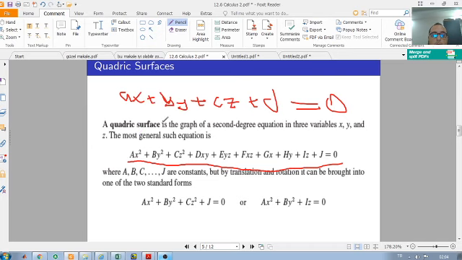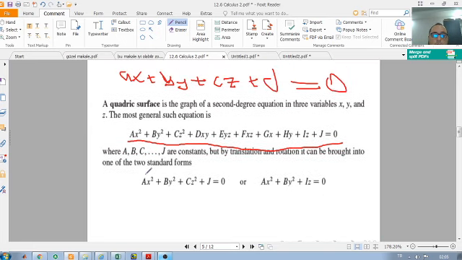Here you don't have any second degree of the variables like x squared, y squared, or z squared. Therefore, it is in the linear form, which means it states a plane graphically